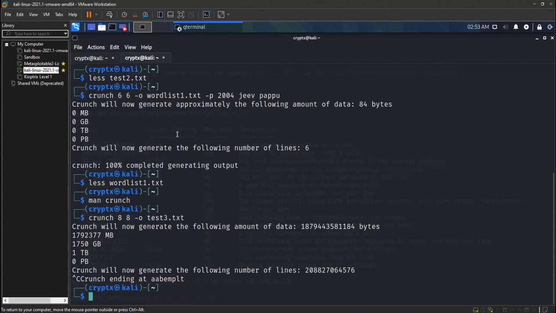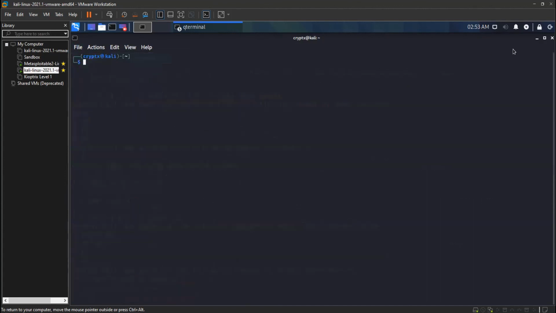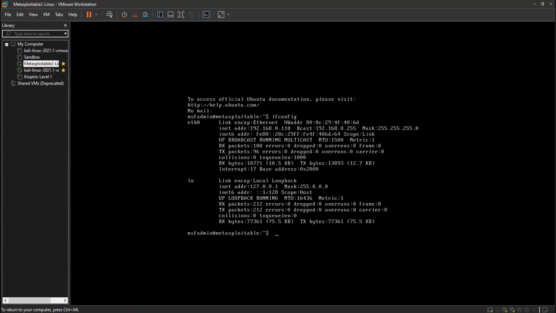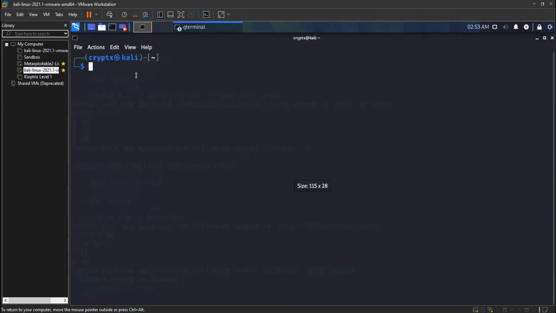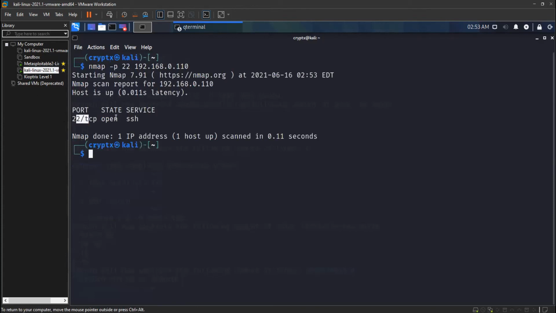So now, if we have a wordlist, I'll show you how to brute force some of the things. I'll show you how to brute force SSH. Okay, so I have a Metasploit machine here. I hope you can see. This is the Metasploit machine over here. So I did ifconfig. I know the IP address of this Metasploit machine, as you can see. So I'll just go here and I'll show you nmap. Let's do a specific port, which is 22, on that IP 162. So it said SSH port is open, so we have an open port.